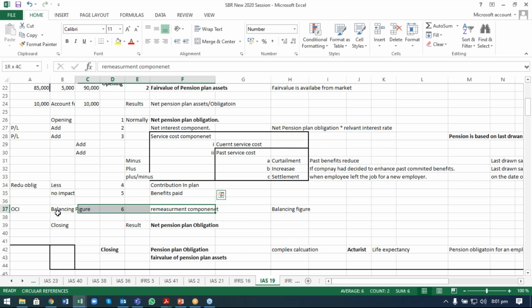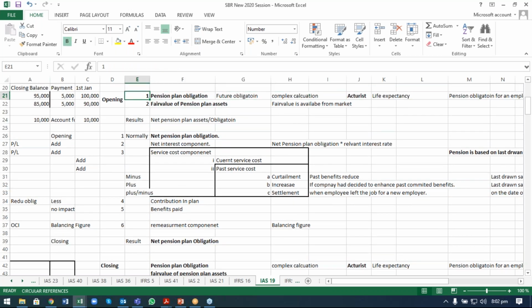This remeasurement component should have an impact on other comprehensive income. So what is this remeasurement component? It is basically due to the assumptions made by the actuary. The actuary is going to make certain assumptions, right? And these assumptions might change over the period of time. The actuary might have considered that your obligation should be discounted with a discount rate of 10%, and might consider that the salaries of employees would